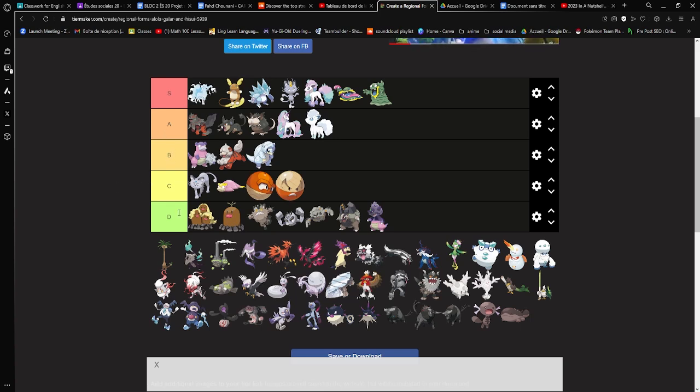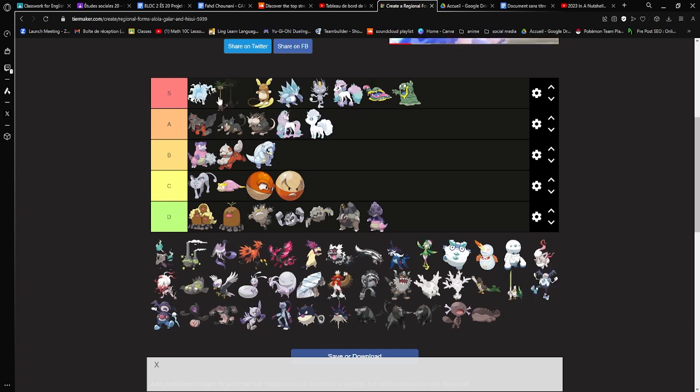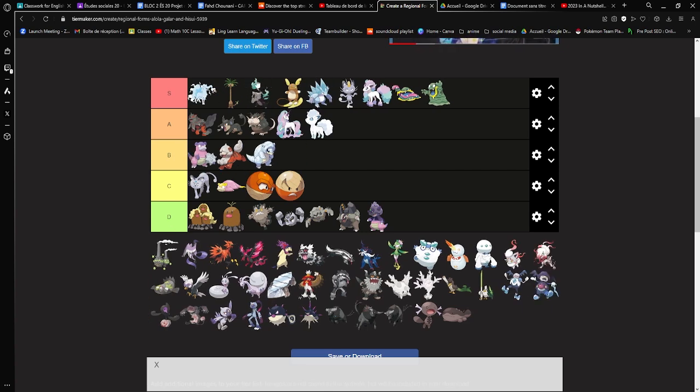Right. Next up, we have Exeggutor. This guy goes in S. No questions. Same thing with Marowak. Like, the Alola forms are the best, honestly. Most of the ones here are going to be Alolan forms. Right. Next up, we have